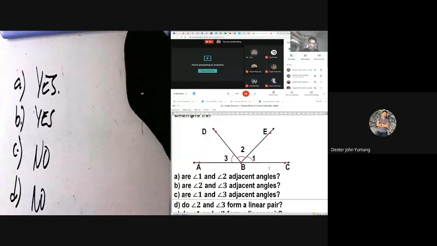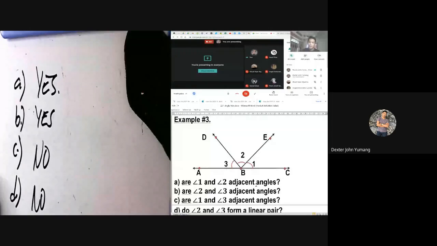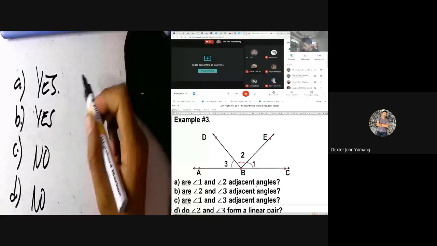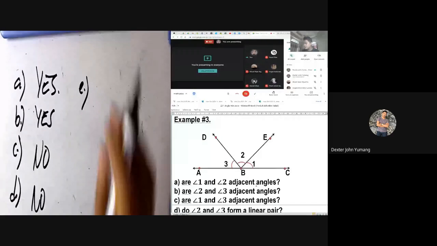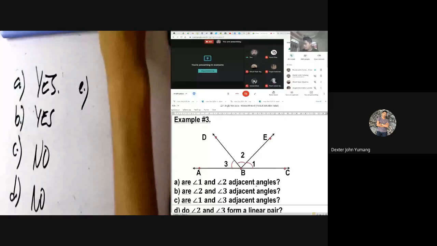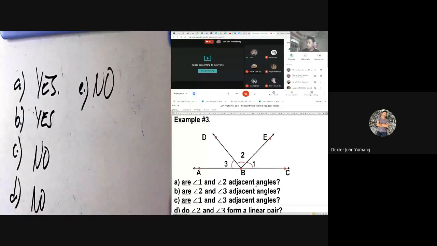Next, letter E. What about angle 1 and angle 2? Nakakreate ba sila ng straight line? Angle 1 and angle 2. Nakakreate ba sila ng straight line na? So let's reveal the answer. The answer is no also for letter E. Next,